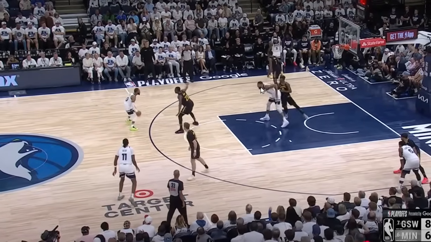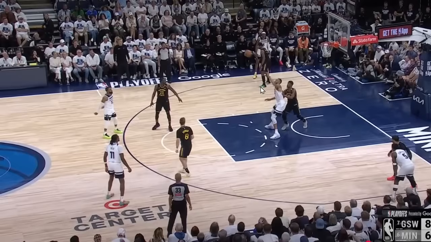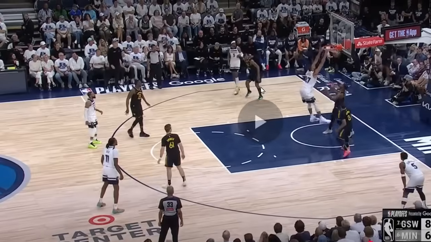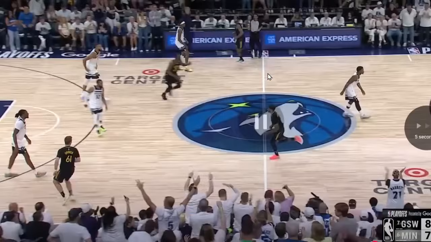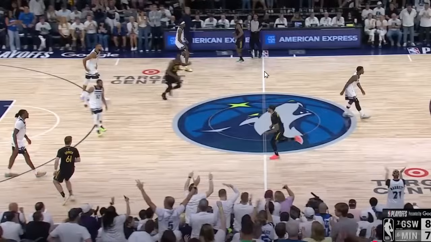They come back down. Mike Conley gets it to Rudy Gobert downhill, who just has a monster mismatch here on Jimmy Butler in terms of just size and strength. Throws down an easy dunk, right? And then all of a sudden, you're looking at a 13-point game, and they're struggling to score the ball. Now, before we talk about what they did to combat this massive run by the T-Wolves and cut this down to within a 10-point game,